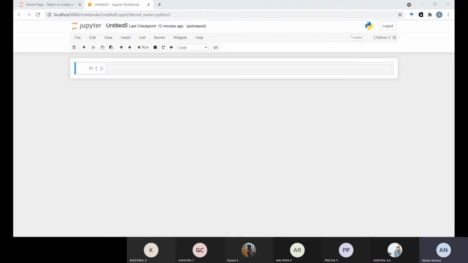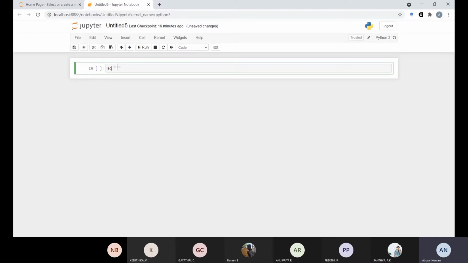If we write here in the notebook, I'm writing, you can also write. When you click on this column, it becomes green. You can see here, everyone check. When I click on the column it becomes green, and when I click outside the column it becomes blue. Blue means it's inactive, green means it's active. So suppose I want to find the square root of any number, suppose 3. Let's see what happens.